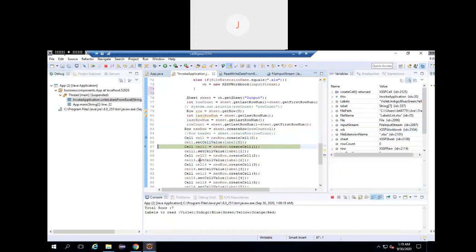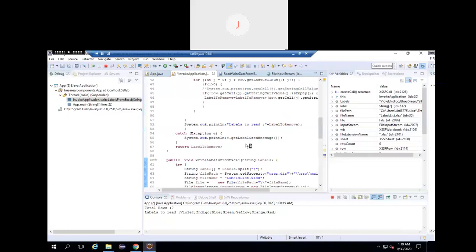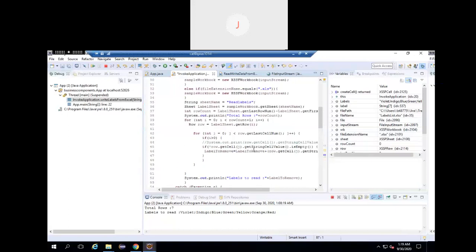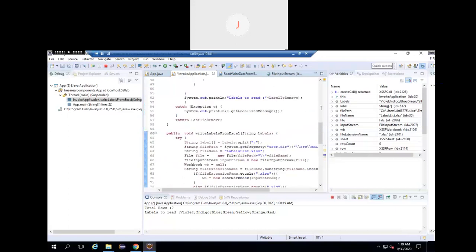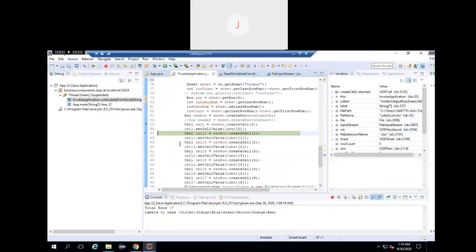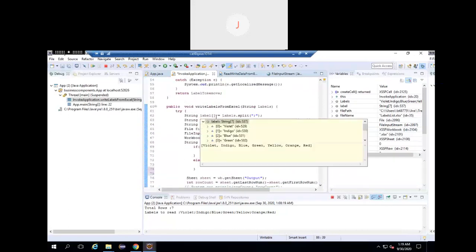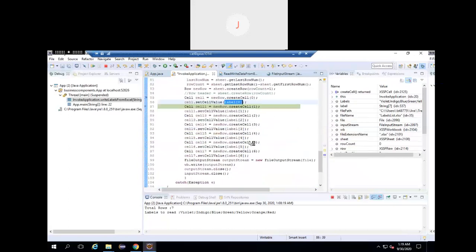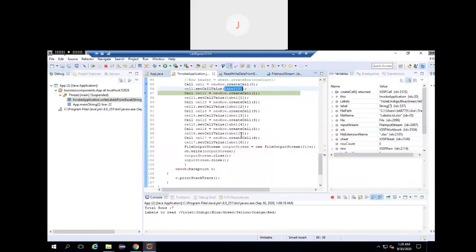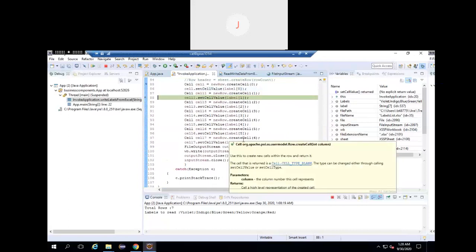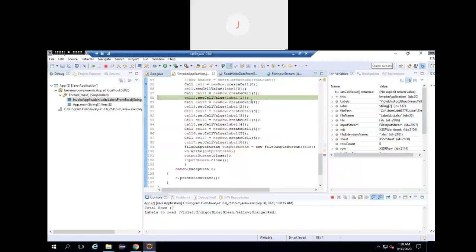For reading data, we have to do getStringValue. I've used it over here. Mention the column and getStringValue. For writing data, you have to use setCellValue. So this is the label of zeros, nothing but I've got all the data and stored it in the array, so I'm writing it over here. The same thing I'm repeating for all the 7 data which are present. So I'm printing it in the second column.